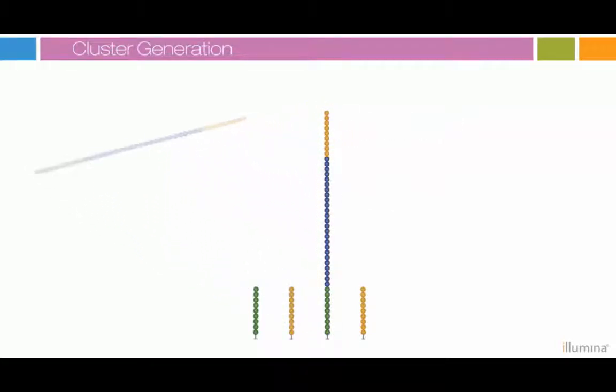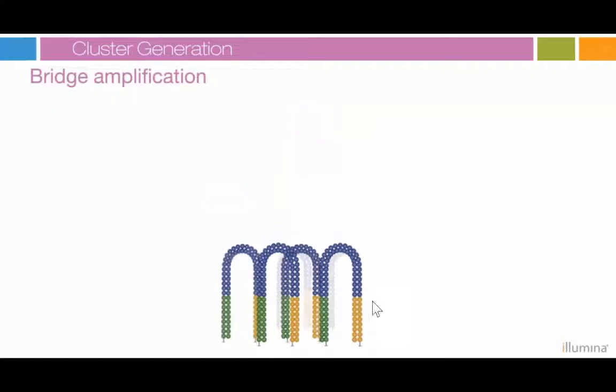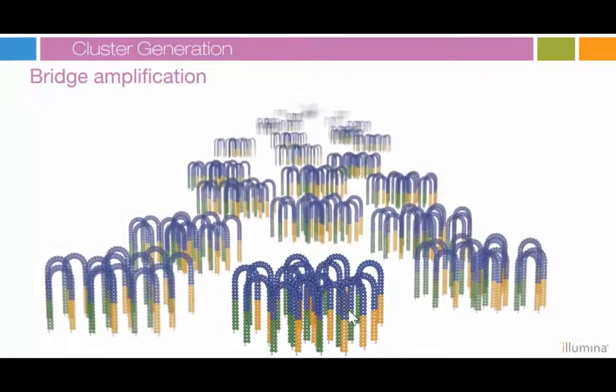Now denature, then the original sample is removed, and in the next cycle it binds to the other side of the primer, and then DNA synthesis can happen in this way. Then it finishes those syntheses here. Now if you denature it, both of the strands are bound to the surface here, and one is the original sequence and the other is a complementary sequence, and this process can be repeated because there are a lot of primers waiting on the bottom. That's why